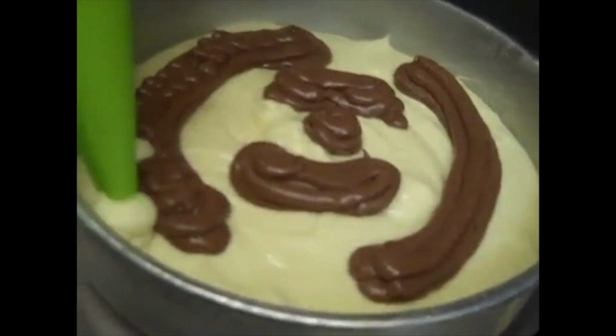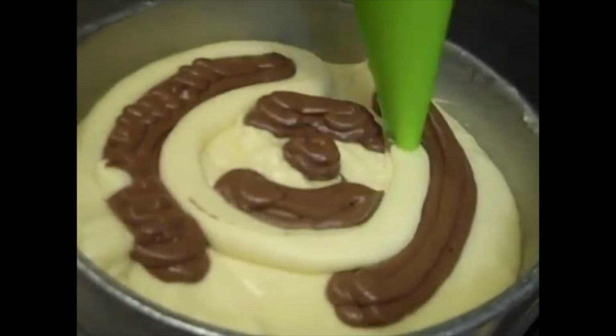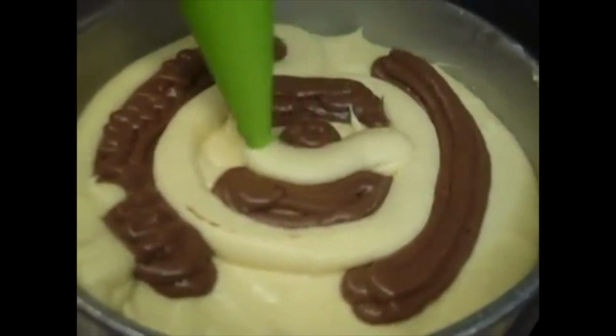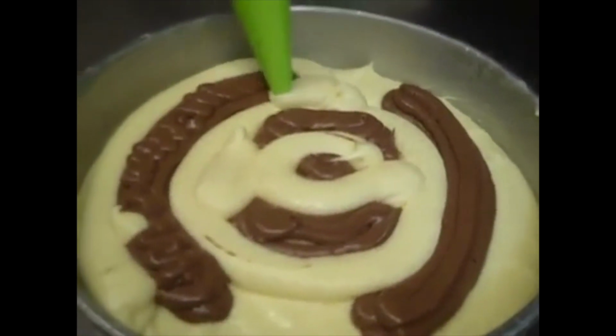So now what I'm doing with my remaining white is I want to just go back in. Now what I thought initially, I said, well, why don't I just pour the whole thing over top and be done with it? But then I realized, you know what, I need to really